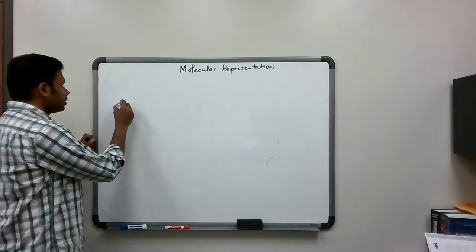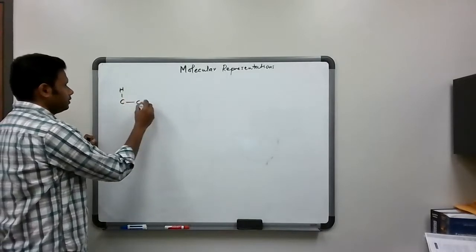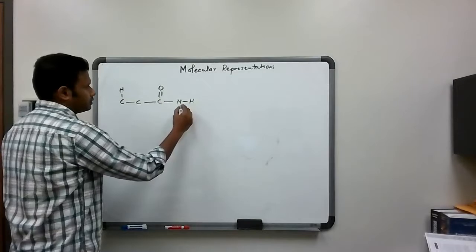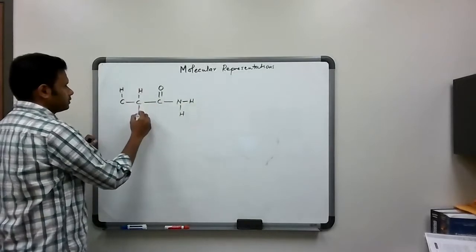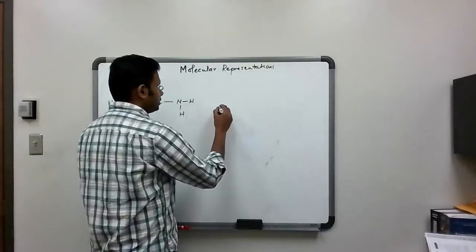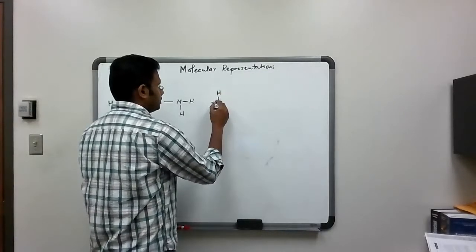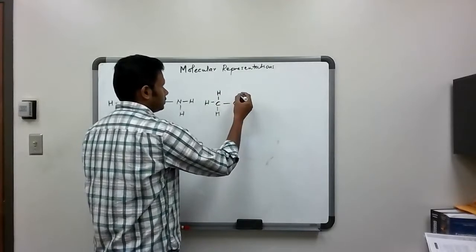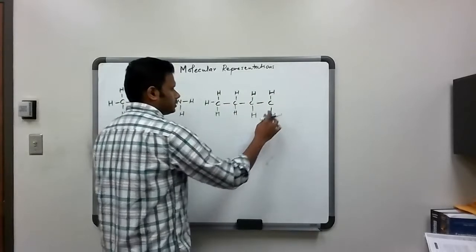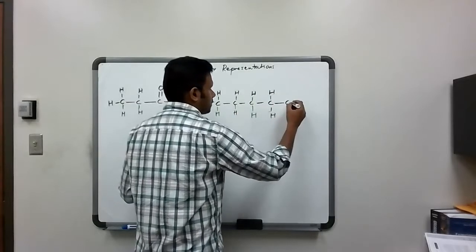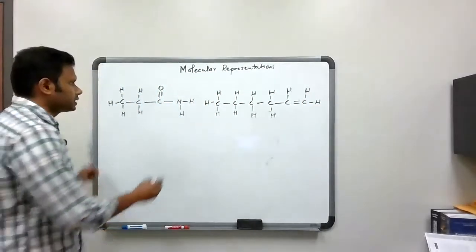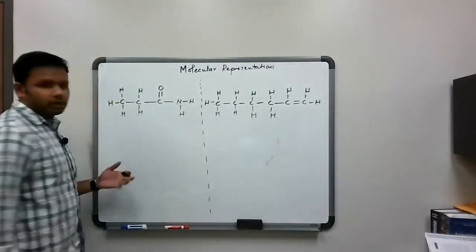So let's consider a molecule where we have a carbon and a double bond, hydrogen, two hydrogens, and like that. Let's say that's one molecule that we're going to consider. Another molecule is carbon with three hydrogens, two hydrogens, two hydrogens, two hydrogens of carbon. So these are two Lewis structures that I'm going to use as examples